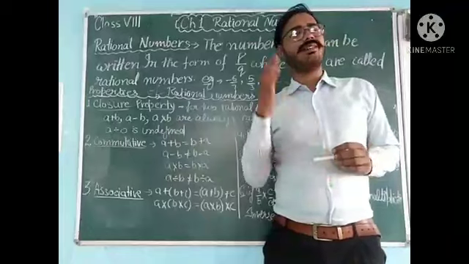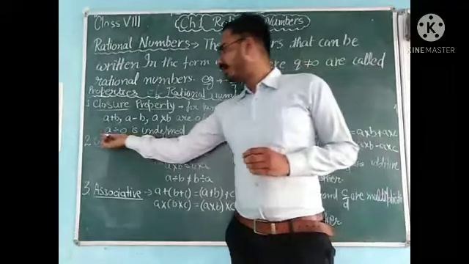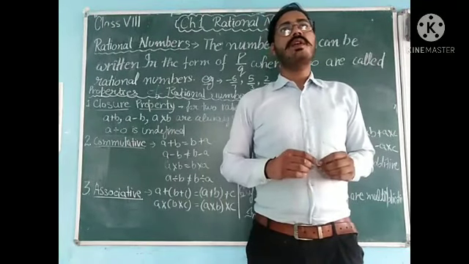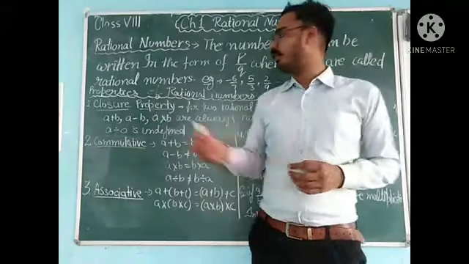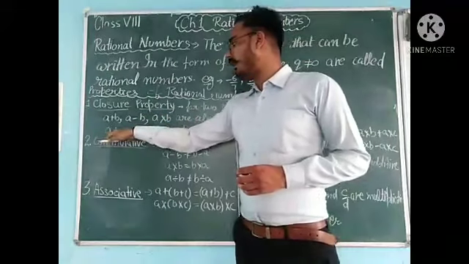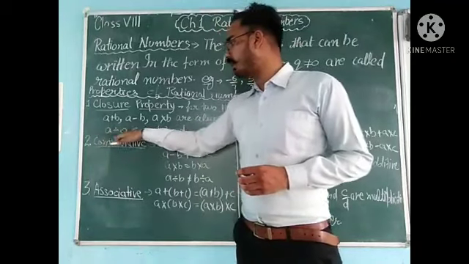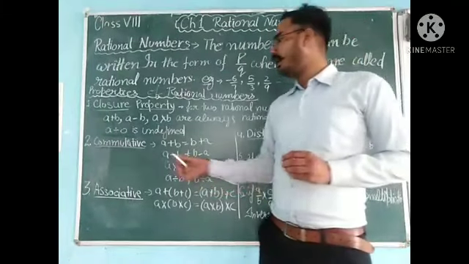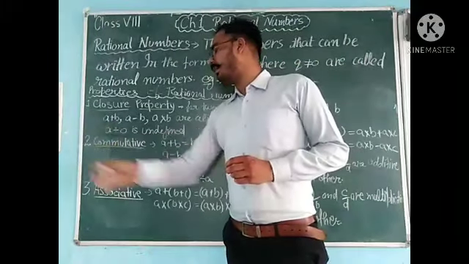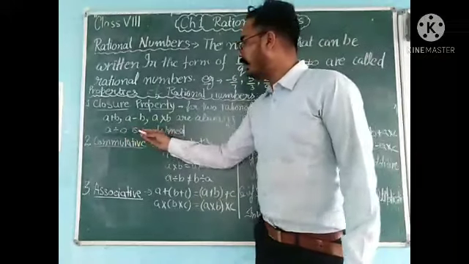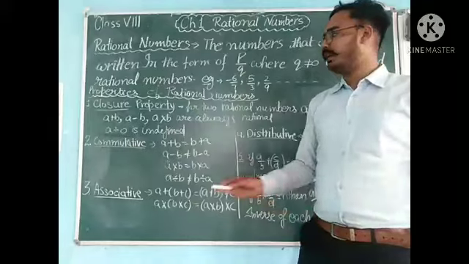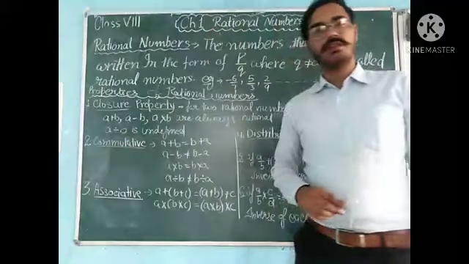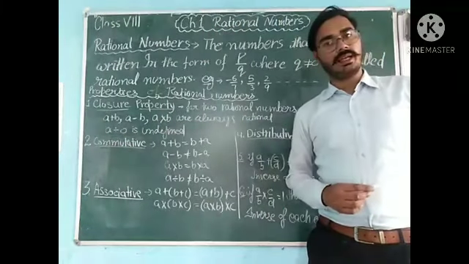Now, a question arises in our mind: we didn't talk about division. हमने division की बात नहीं की. In all the cases, division is also closed because any two numbers A and B, when divided, the answer will be rational. But if we take the number 0, whenever any number is divided by 0, it is undefined. That's why division is not closed. So closure property division के लिए hold नहीं करेगी, right?